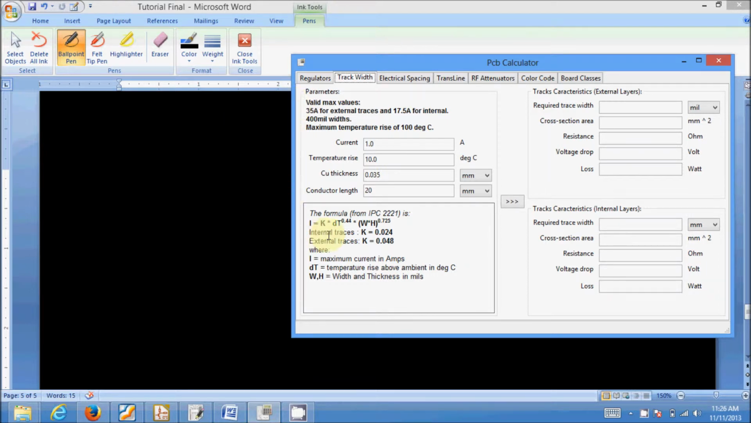If you look at the formula, it is derived from the IPC standard. It eventually gives current as a result of the width that is required. But what you would usually need is the current that the board takes as an input from the power supply, and you need to determine what width is required. And most of the time it is width, because